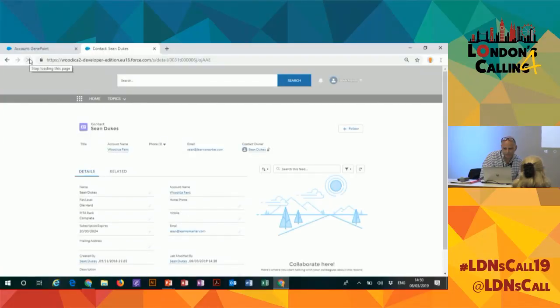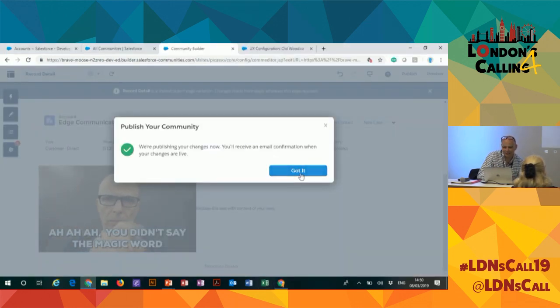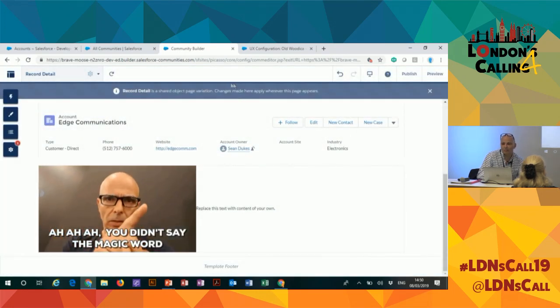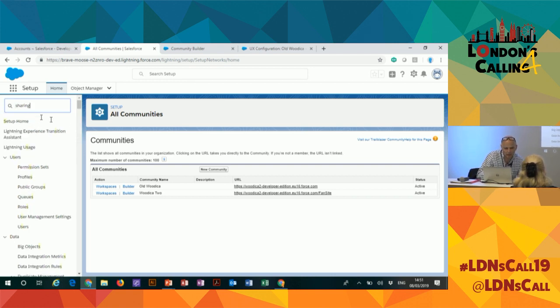So first of all, we'll see if my page got there. No, it didn't. That's still publishing. For whatever reason, it hasn't quite got there yet. But if it did ever get there, and this is obviously a live demo, maybe I have to click got it, and then it will get there. So let's have a quick look at the sharing. I don't think I'm going to have time to actually show you this because it does take a while to